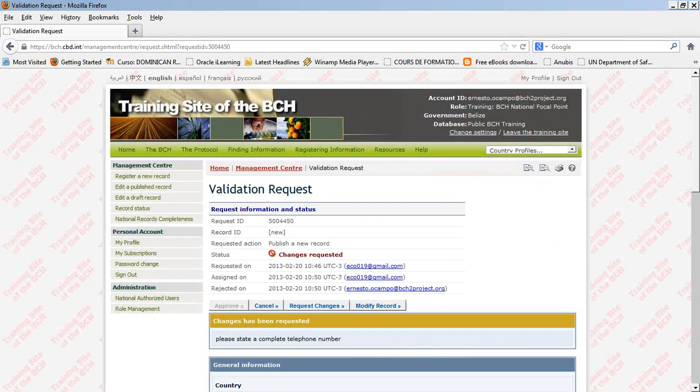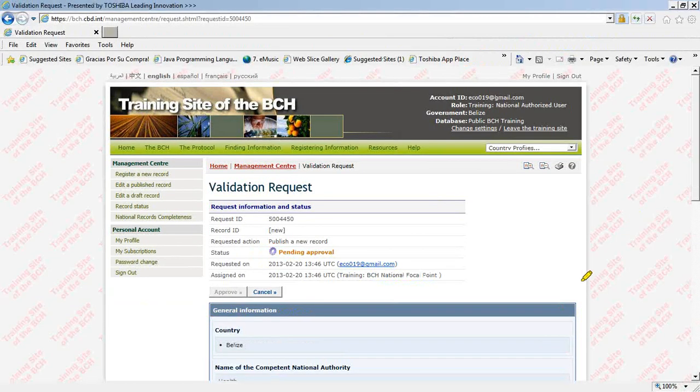You see now that on our screen, as national focal points, we see it as changes requested, and in the real system the National Authorized User would receive an email with a link to the record and to the messages. If we now change again and show the screen of the National Authorized User,